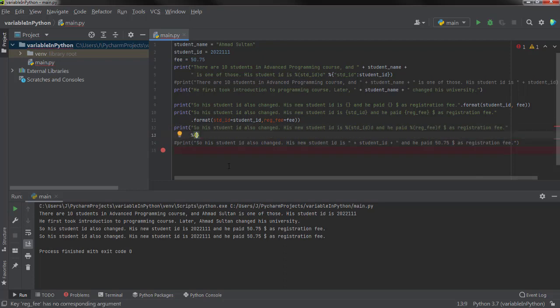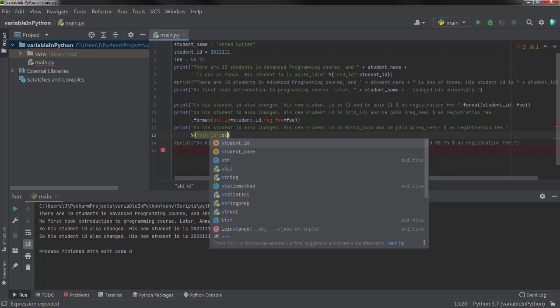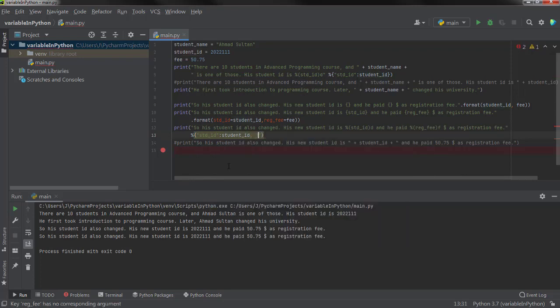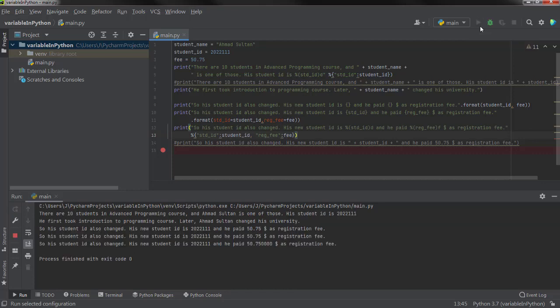Here I will define those: stdid, that is equal to student id, and the second one is the reg fee, and that is with the colon and fee. So I save it, we have to close the bracket of the print statement, and that's it. I save the program, and if we click run,